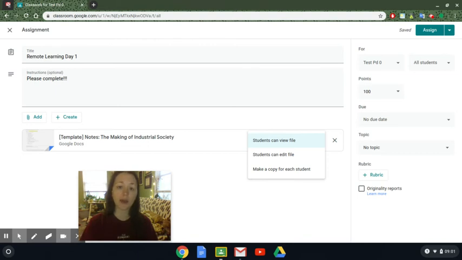This might work really well if you have a reading that is only a reading and you don't want them to be able to edit it. The second one is students can edit file. This is really tempting because you want them to be able to edit the file. However, if you click on students can edit file, all students will be able to edit the one file. So unless you're doing some sort of group collaboration, collect everybody's responses type assignment, I do not recommend using